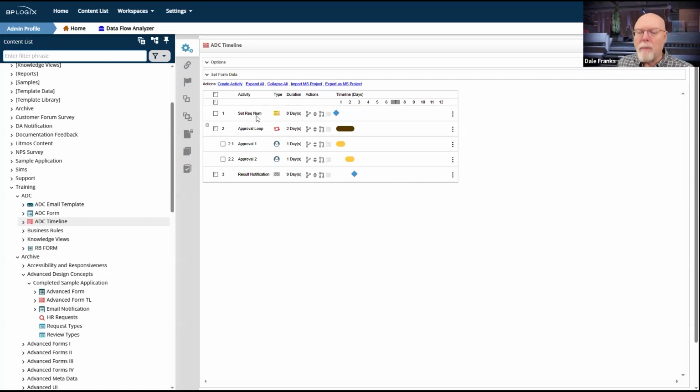First of all, on my form, I have a request number field. And when the form is first created, the value of that field is generated when submitted. That's going to change. I need to set an actual request number. I'm doing it in the process timeline as the very first process timeline activity.